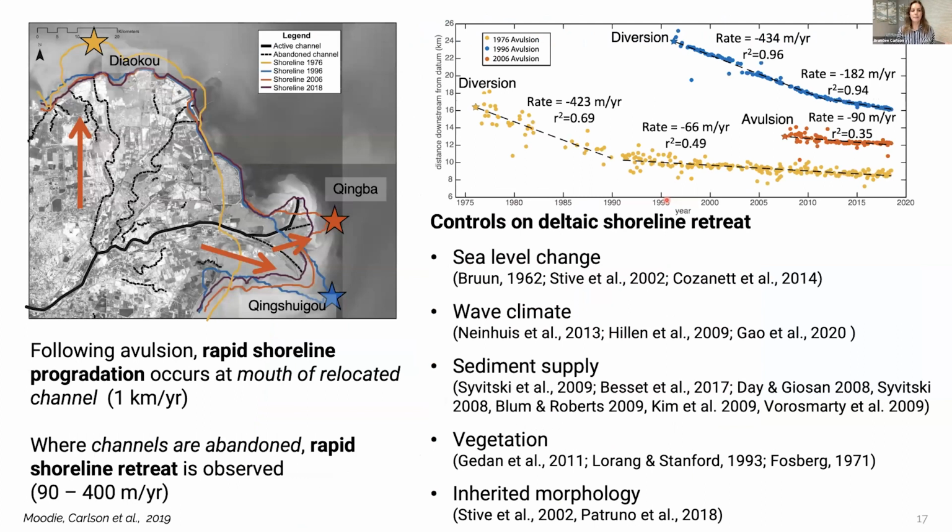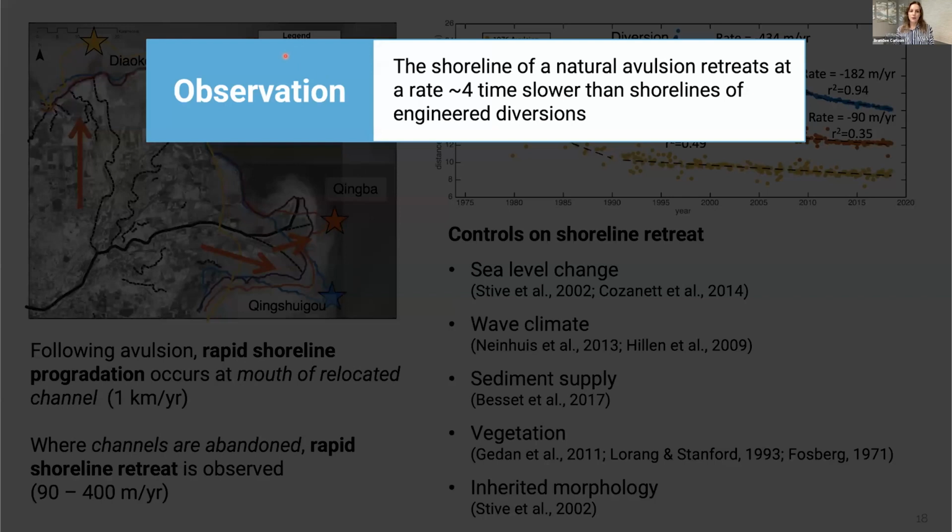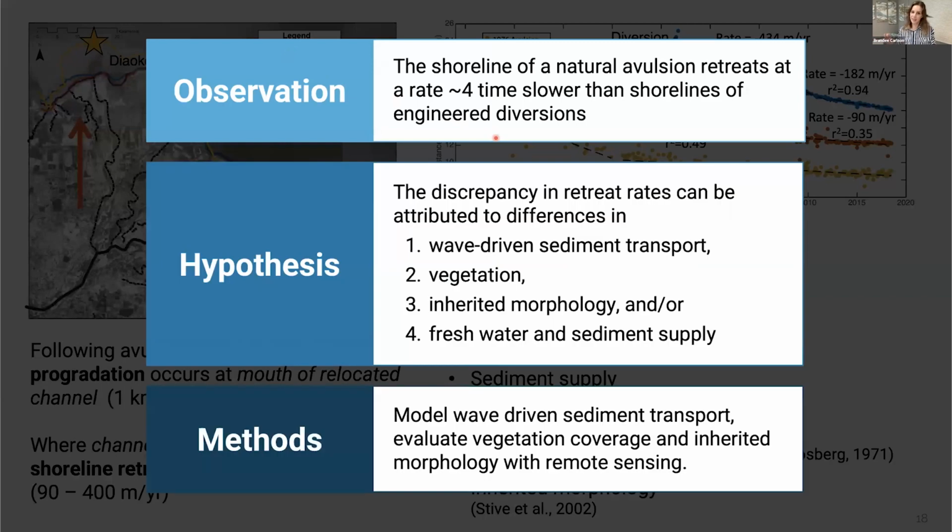So in contrast, we have the Qingba lobe, which again was abandoned by a natural avulsion, and it has a much slower shoreline retreat rate. So it's retreating about 4 times slower than the shorelines of the engineered diversions. Again, this could happen for a handful of reasons, and we investigated this by looking at